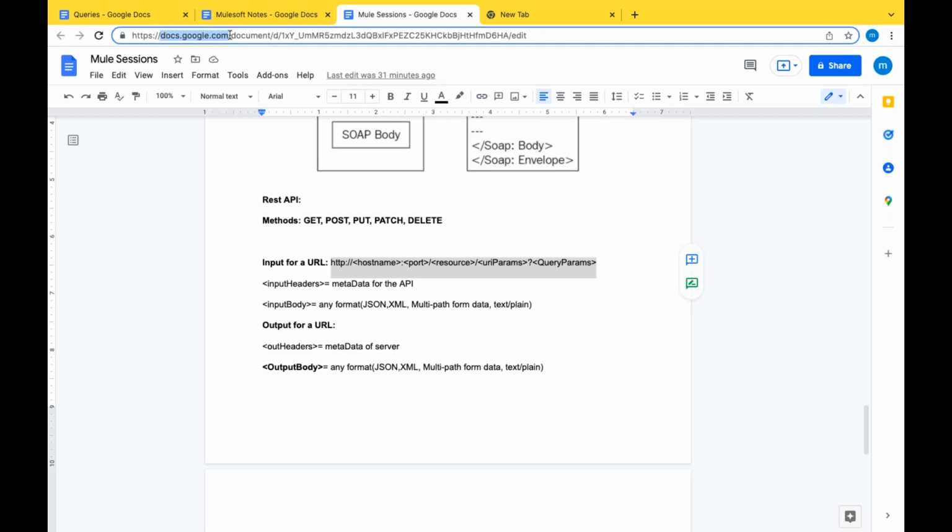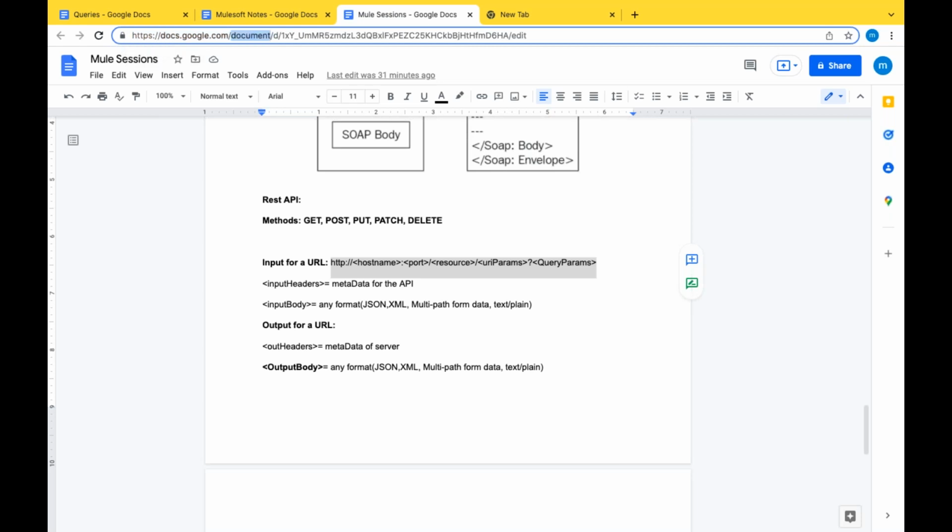For HTTPS based, the port is always 443. Then the resource is the most important part, where up to here it can be the same. We can deploy n number of resources in the same server. Up to here it can be constant, and it varies depending upon the resource.